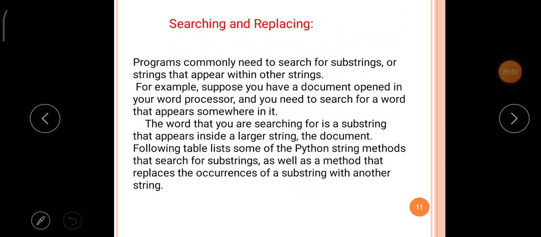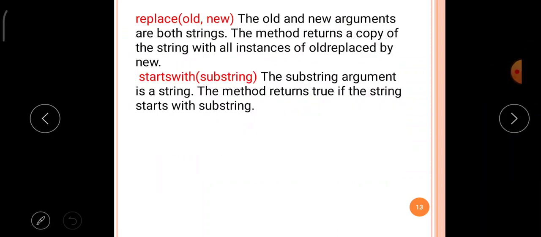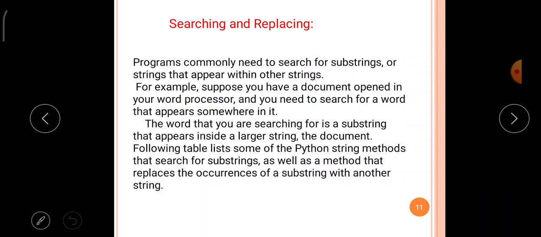Now the third one is searching and replacing strings. Programmers commonly need to search for substrings that appear within other strings. For example, suppose you have a document open in your word processor and you need to search with the help of Alt+F, that means the find search bar, for a word that appears somewhere in it.